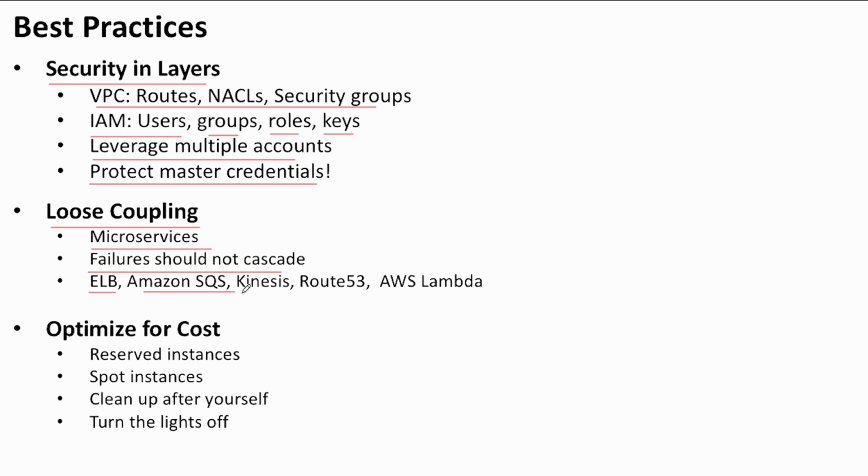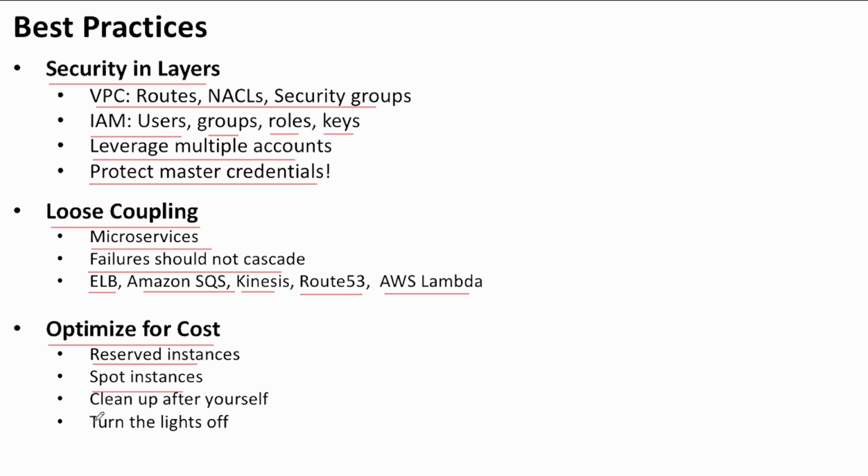We can achieve this via Route 53 DNS so that we don't have to hard code IPs. We can leverage AWS Lambda as well as serverless infrastructure. And then, of course, last but not least, optimize for cost. Be sure and leverage those reserved instances, spot instances for short-running jobs, and of course, clean up after yourself and